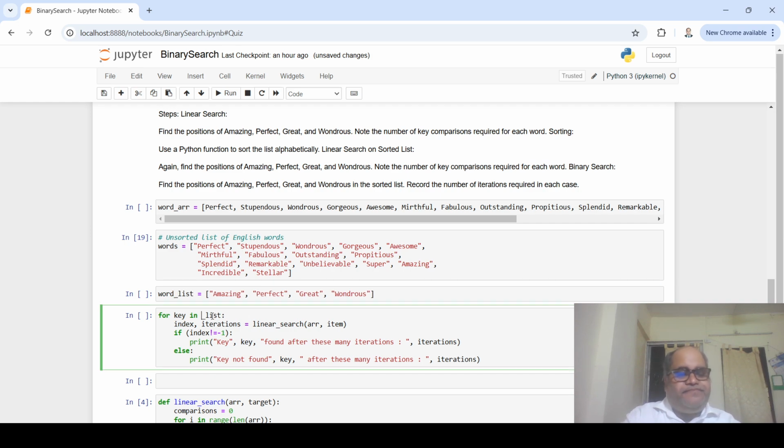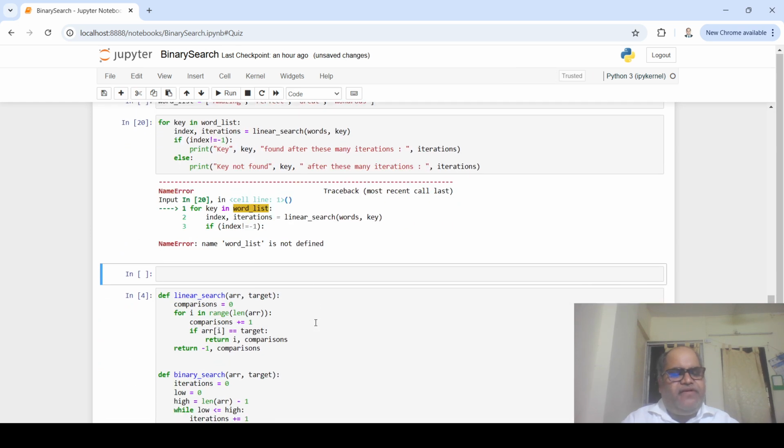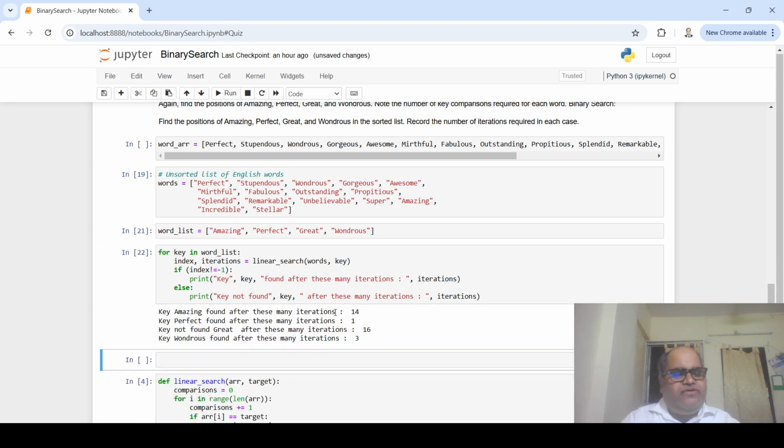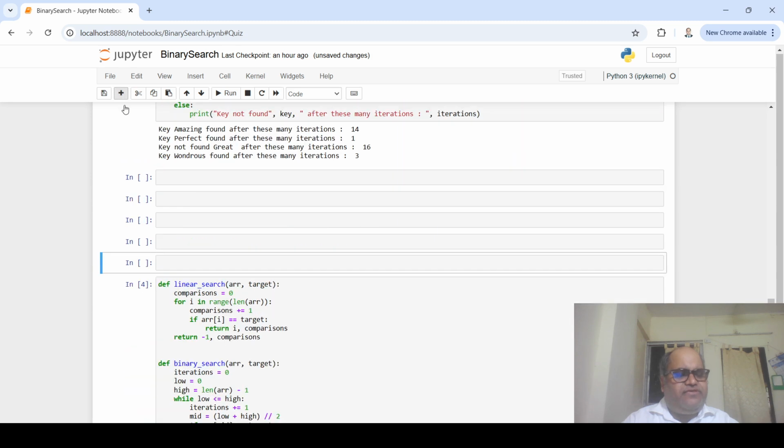Okay. So when we are looking into this, we have to actually pass our words, right? And then we can say key here, right? And you can find out what is happening. Word list is not defined. Okay, let's define it. So all the some found, some not found, right? Unless they're in the beginning, almost like very linear. And then what we have to do? Then we have to sort of